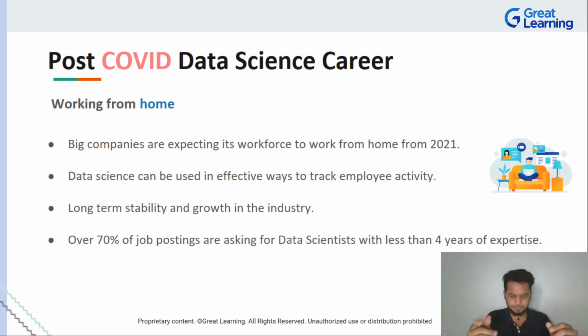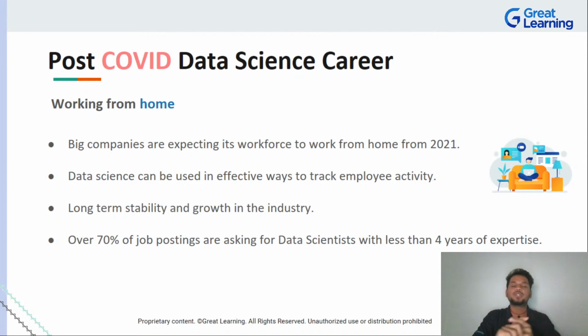You can say, hey, everyone is working from home right now, what's happening, right? So let me tell you this, work from home is being normalized, or everyone is comfortable working from home, learning from home and all of that. And in fact, if you're working from home, you can actually use tools that are built using data science to track what the employees are doing as well, right? Just one simple example. Not all the companies do that, of course, but at the end of the day,